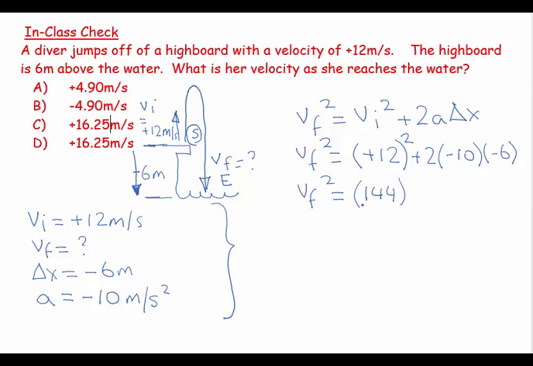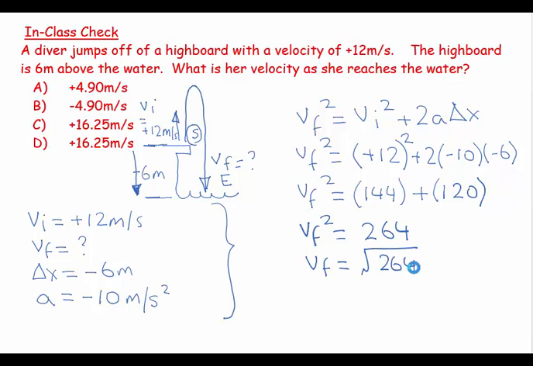144 plus minus 10 times minus 6 is plus 60, times 2 is 120. So when I add these two together, I get 264. So Vf is the square root of 264. Vf is equal to plus or minus 16.25